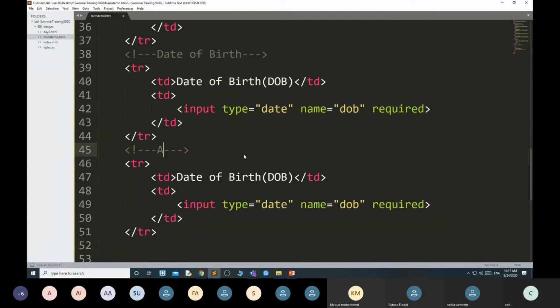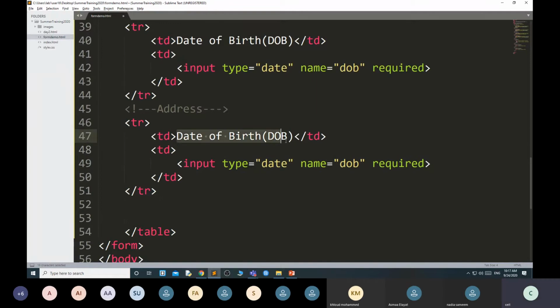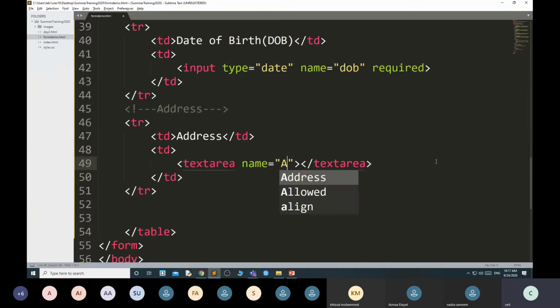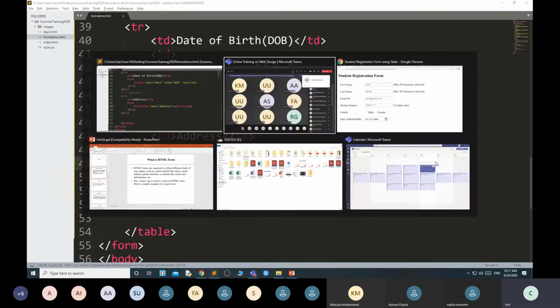For address, you are not using input type, you are using text area. Text area name equal to address. Simply I am writing like this.